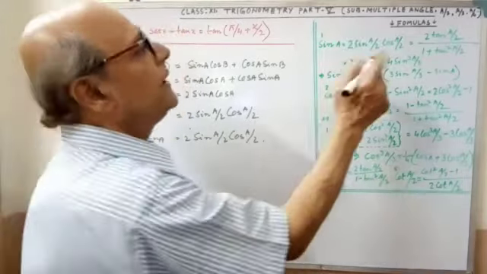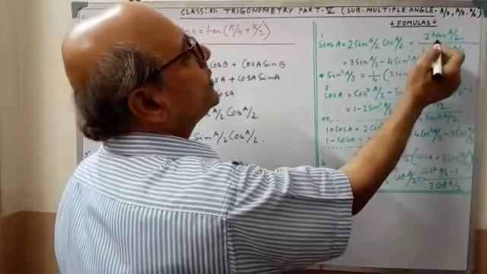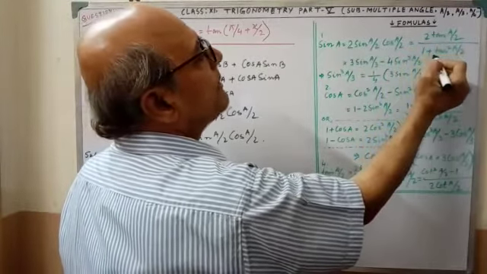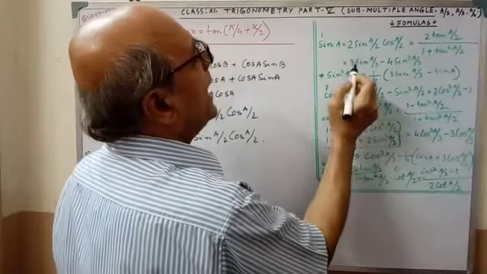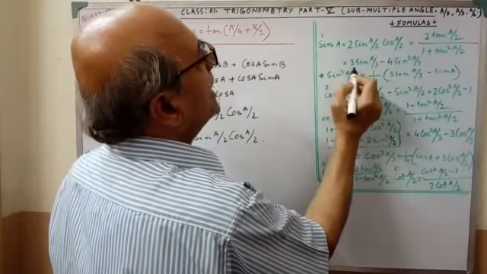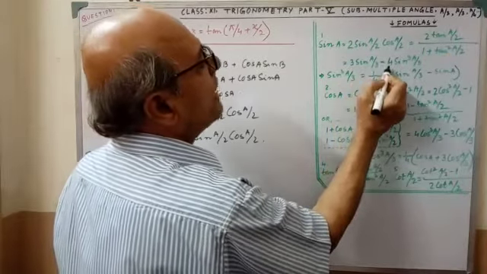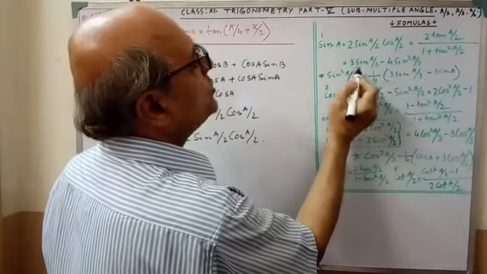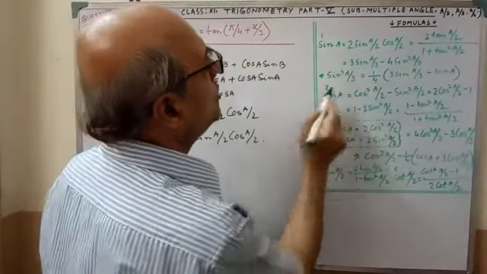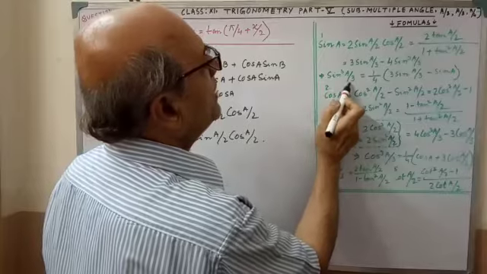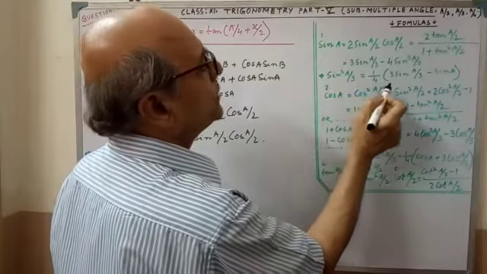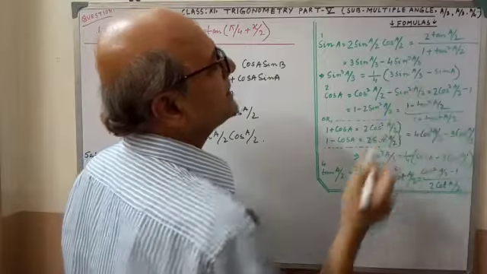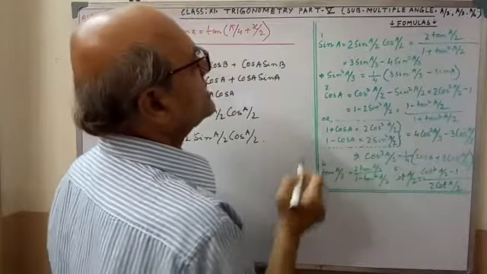Now see the formula. There are different forms, that is 2 tan A by 2 by 1 plus tan square A by 2, and another, that is 3 sin A by 3 minus 4 sin cube A by 3. By transposition, from this we are getting sin cube A by 3 equals 1 by 4 into (3 sin A by 3 minus sin A). This is the first formula.